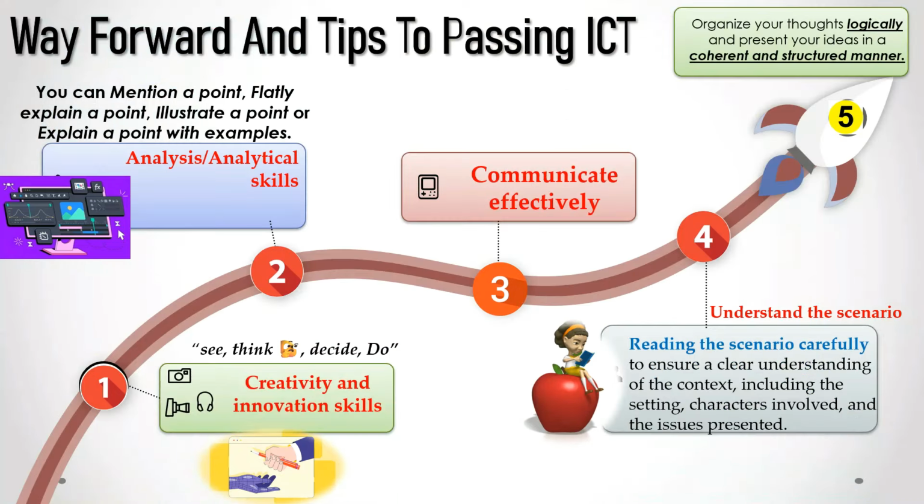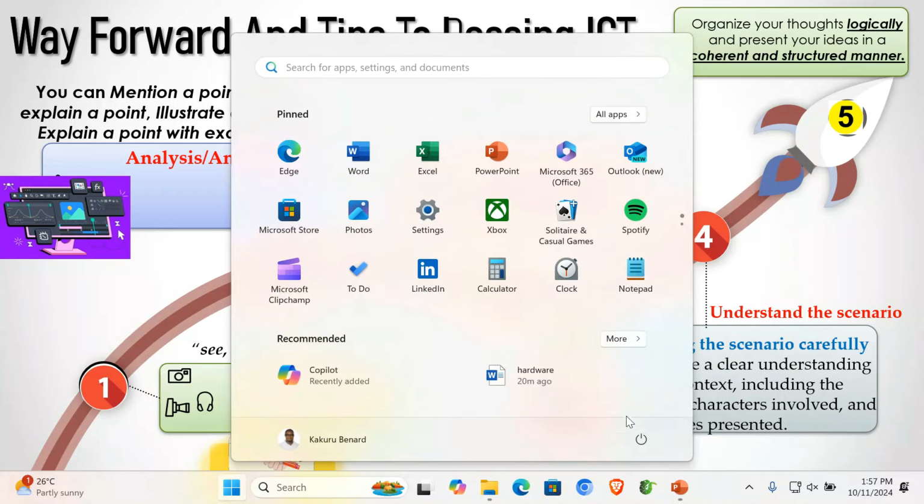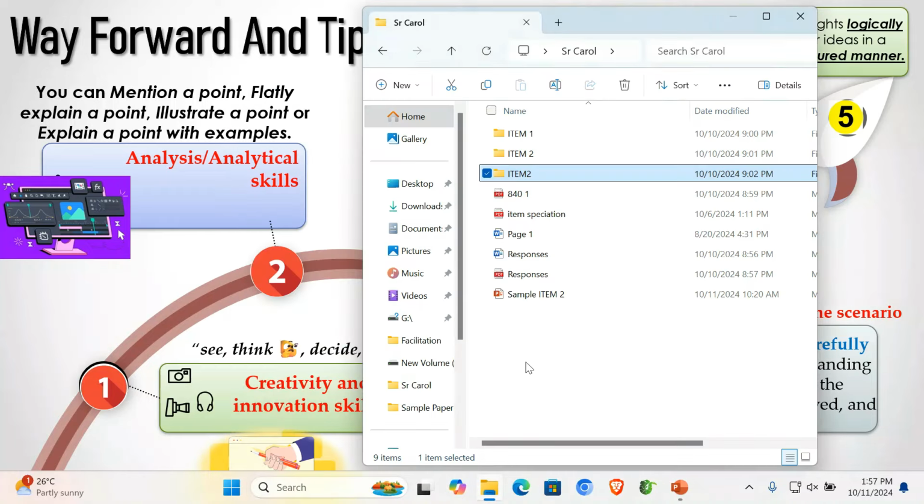More to that, way forward and tips. Please, in your answers, you need to be creative. We need to see that creativity and innovation skills in your answers. What you need to ensure is that when you get that scenario item,